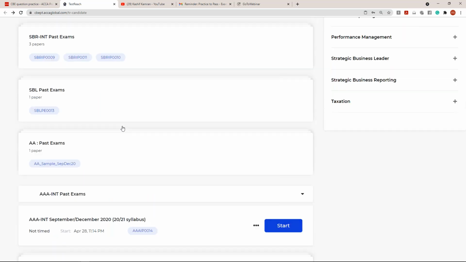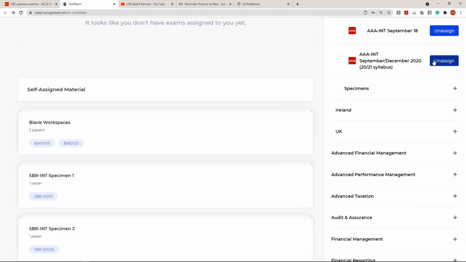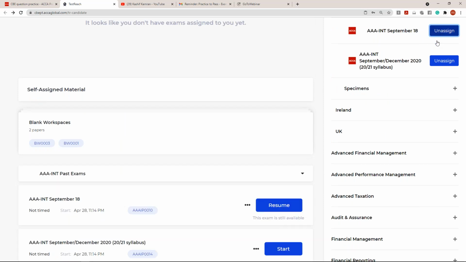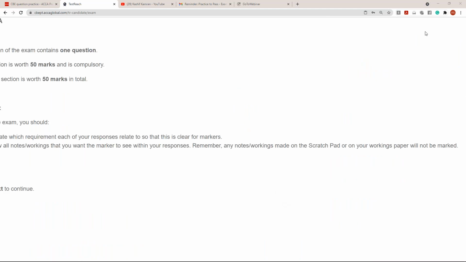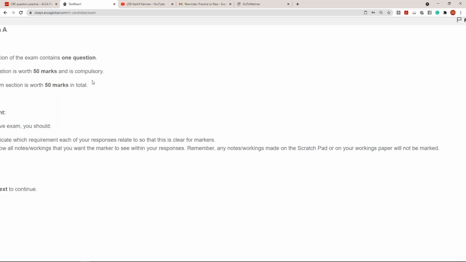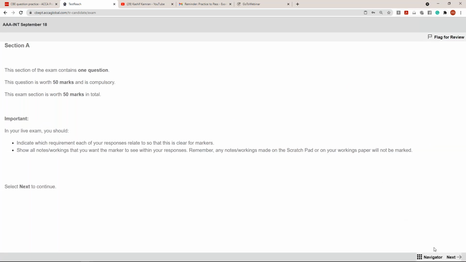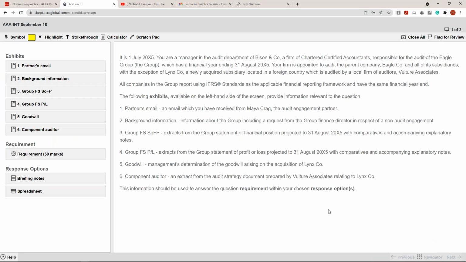Just let me find where the paper has gone, which I've assigned to myself. I open the September 18 paper, and you can see in front of your screen it has opened up. I go to the next screen, and the September 18 paper comes here. Can you all see that screen? Now just be very watchful. I might take 10 minutes over the time because we lost some 10 minutes due to the internet connectivity issue, so I hope you can take that down.